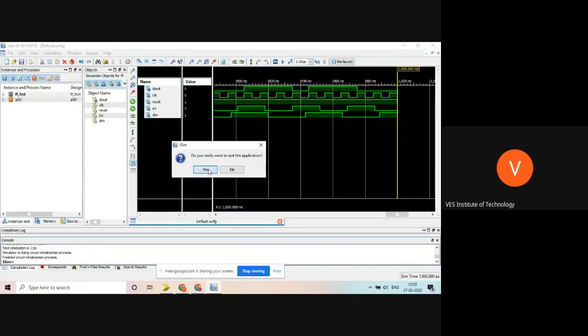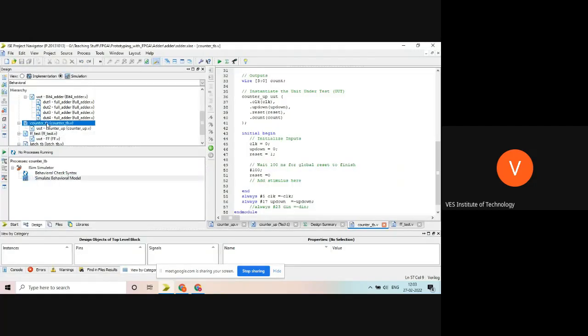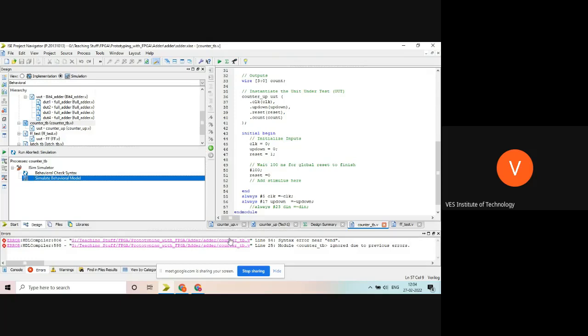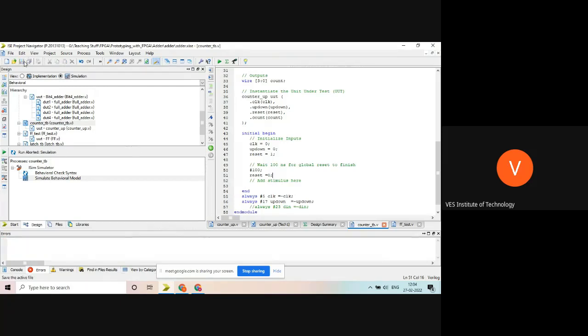Something is wrong. Mistakenly, I have simulated the flip-flop test. I have to simulate this counter TB, so now I'm simulating the counter. Hopefully it will work. Yes, there is an error. Error near reset because a semicolon is missing. So I have removed the semicolon and am simulating the behavioral model.